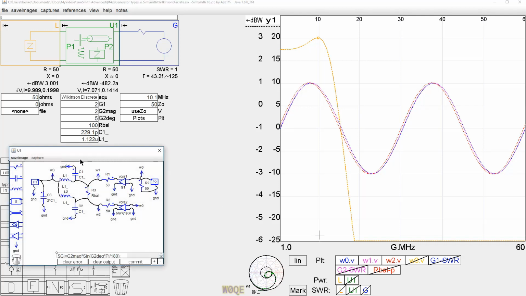Now, to do a power combiner, and we only have one generator, how do I do a power combiner which needs two generators? Well, I can get two generators by using these things called voltage-controlled voltage source or voltage-controlled current source. In this case, it's a voltage-controlled voltage source. I terminate the generator that I had coming into my circuit with 50 ohms. These things have infinite output impedance,